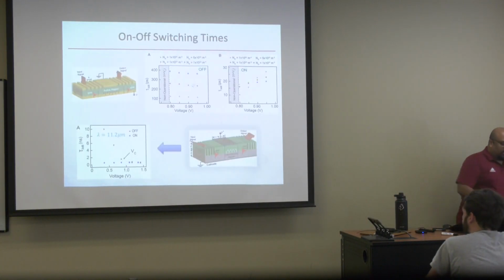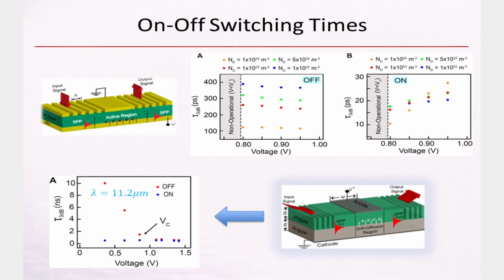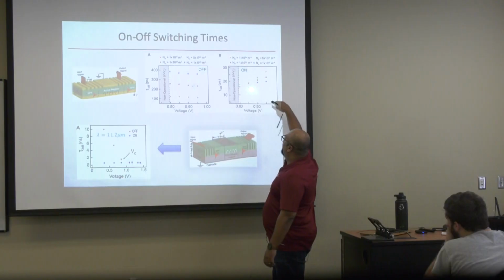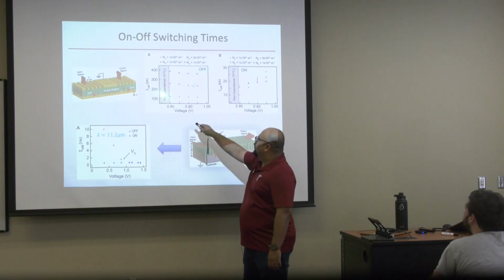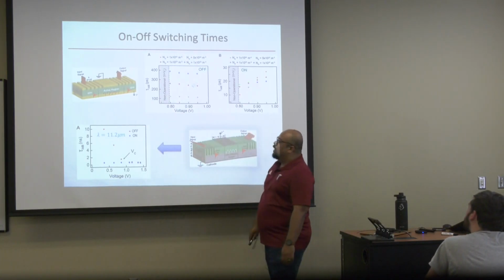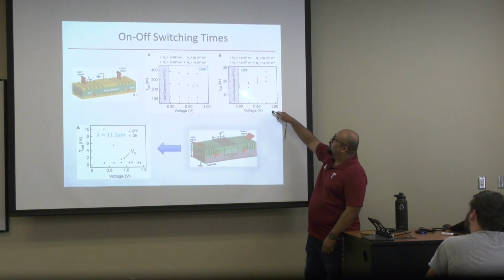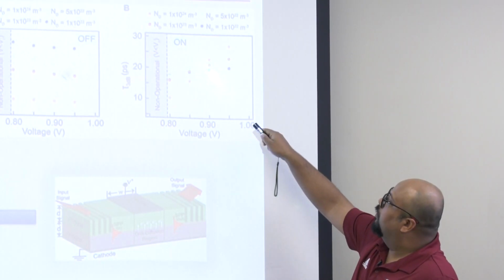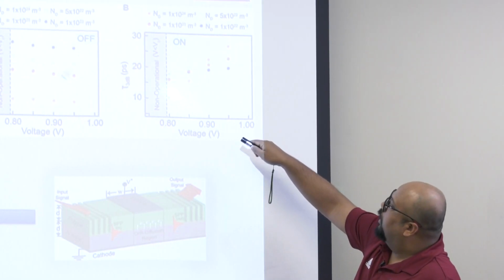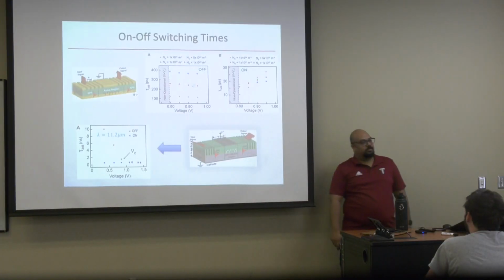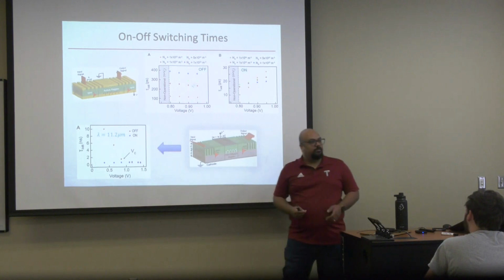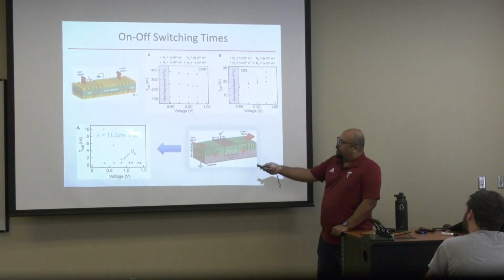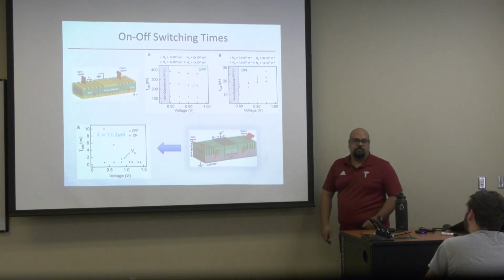Here we have done the calculations of on and off switching as well. As you see, for different doping, the off times and on times change. Let's say for ND 10 to the power 24, we got around 100 picoseconds as the off time, and the on time is between 10 to 20 picoseconds, you see. So that means around 120 picoseconds is the switching time on and off. The same thing we have done for the PN diode based analysis.